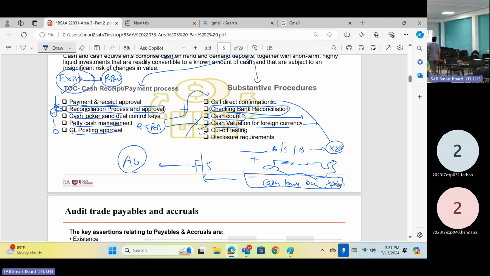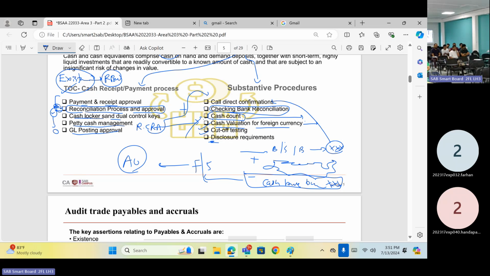So then what we have to do is, we need to get the cash receipt list, identify the sequence, the cash receipt sequence, and do the sample test. Do a sample test and verify the cut-off testing and disclosure requirement. So then we are discussing here. We covered from here to here. Discussing disclosure requirement, it's a financial asset, and we have separate disclosure requirements.